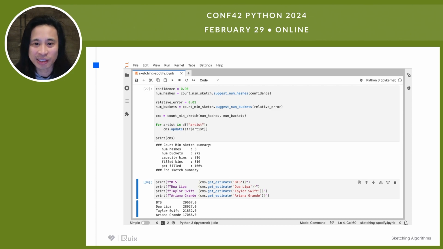And to make it easier to follow, you'll see that I load in the records one at a time using a loop. So when you run it with such a large data source as the Spotify data that I'm using, it actually takes a while. And in reality, what you'd be doing is reading the records one at a time from a stream and then updating the sketch that way.